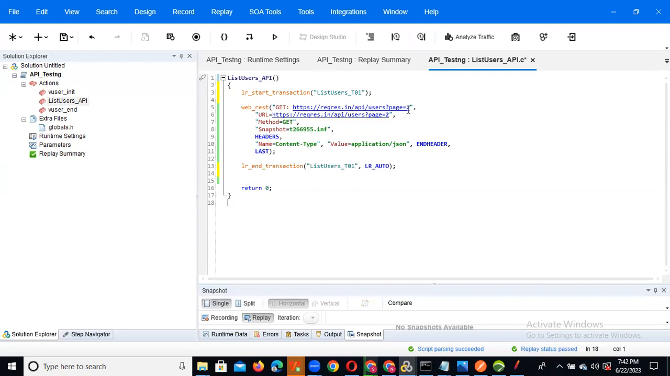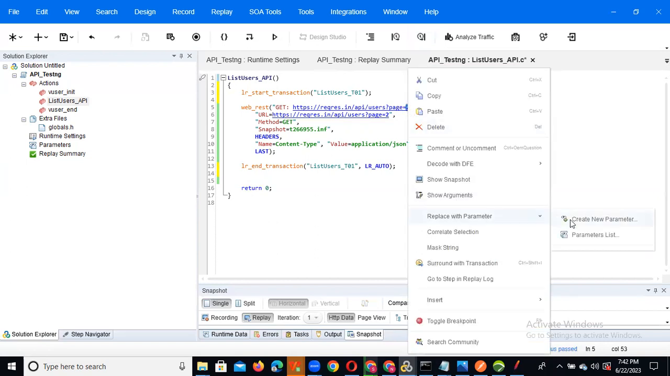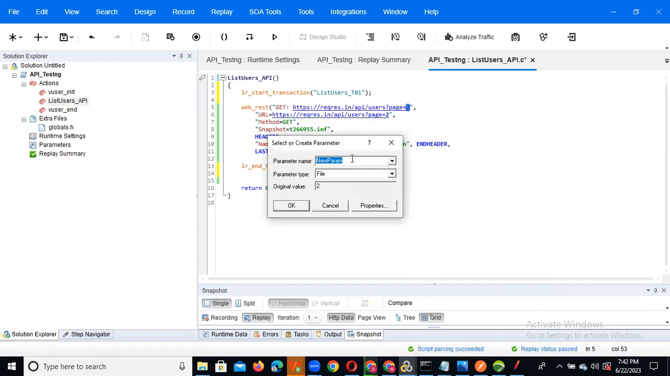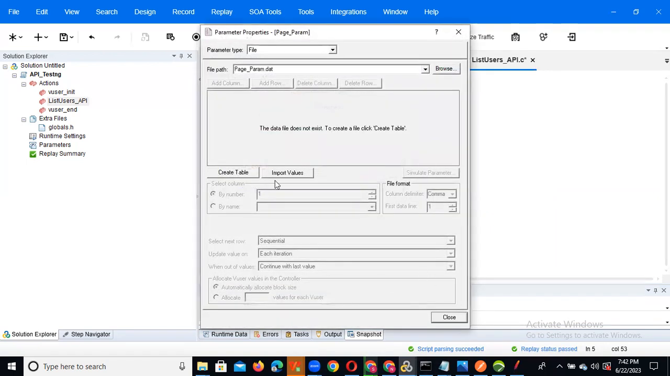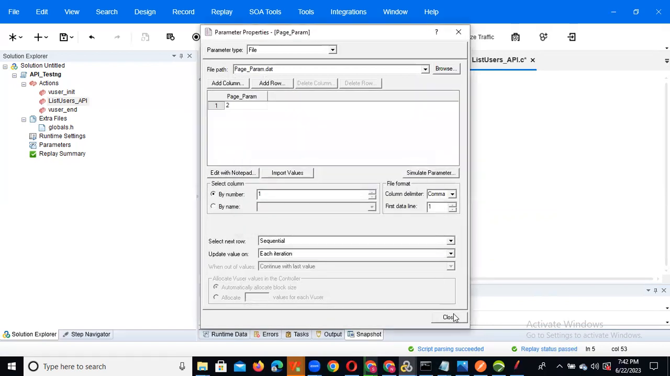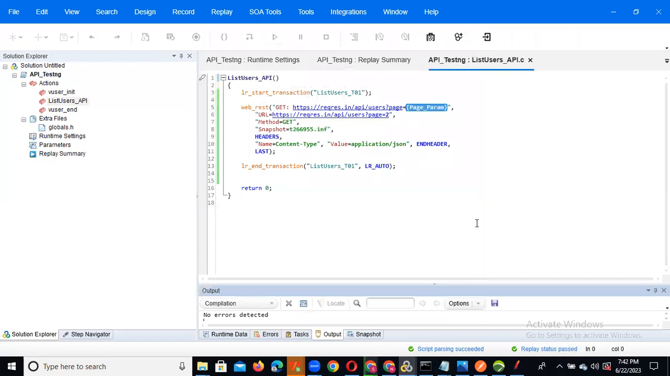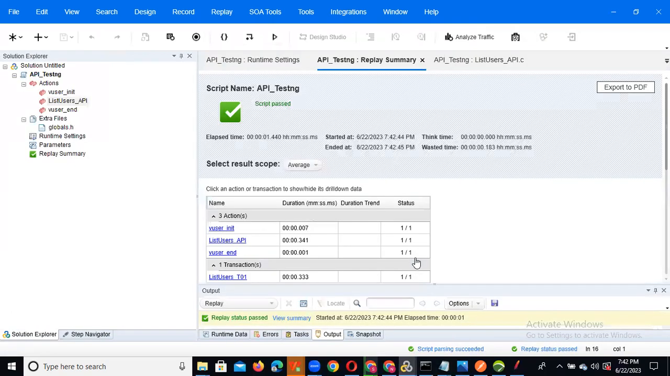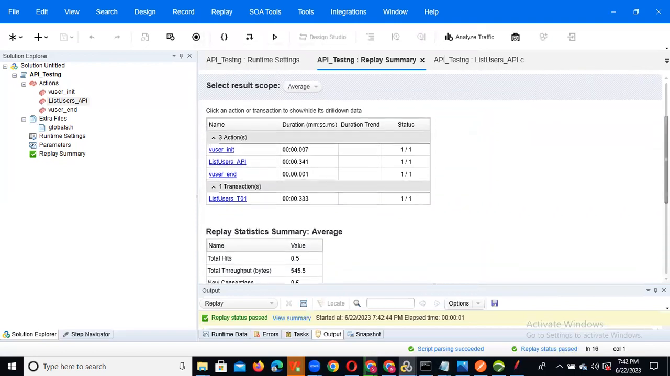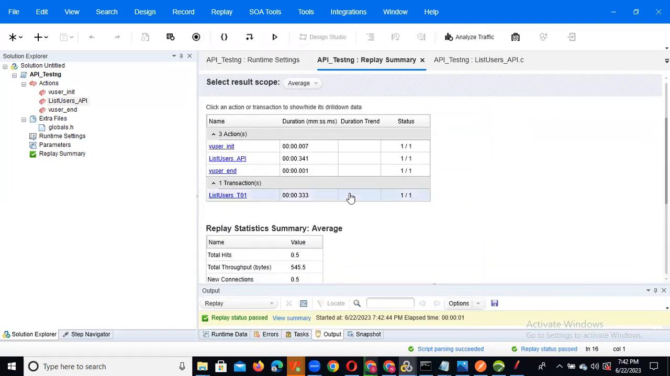And if you want to do any parameterization also, we can do it. For example, page equals will be there. I want to do parameterization. So in the same way I can replace it with a parameter and create a new parameter and give it for the page underscore param. Click on OK, create table, click on OK and close. Click on OK. So now we'll execute again one more time. Now we'll get the transaction response time also, how much time it took. See, the list users API one time it is